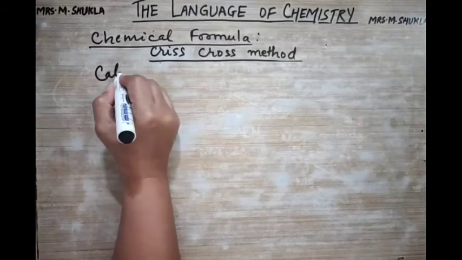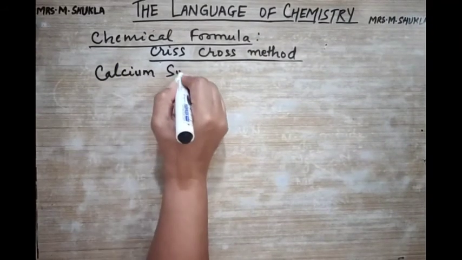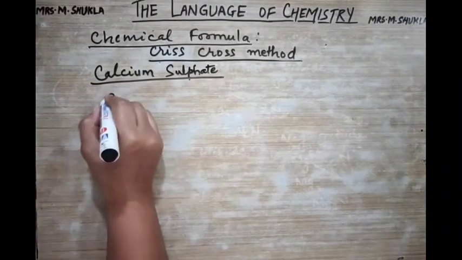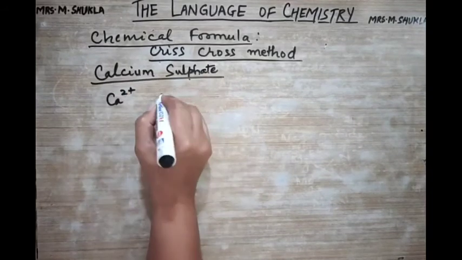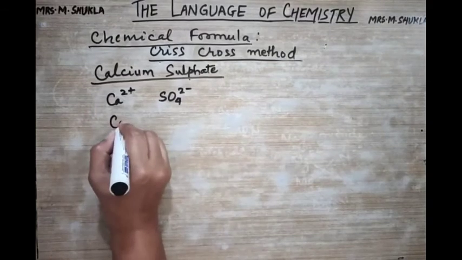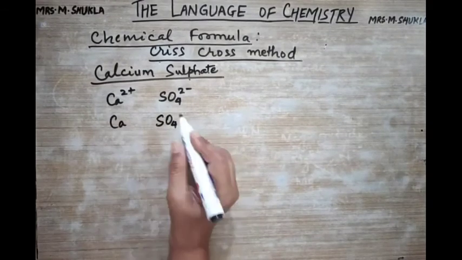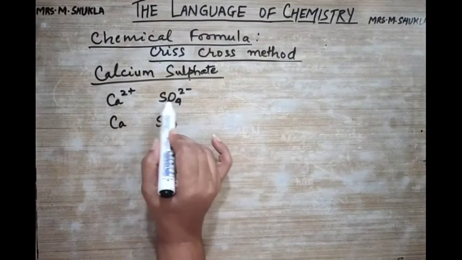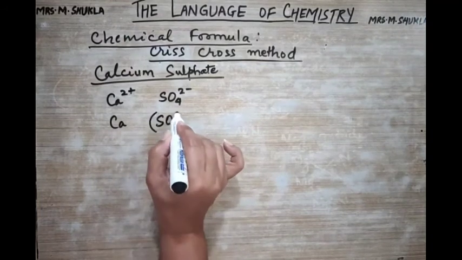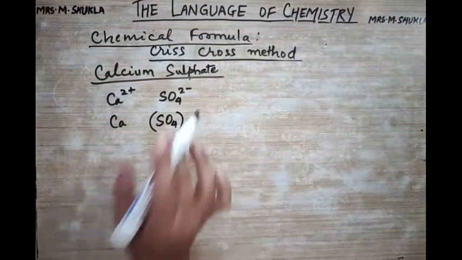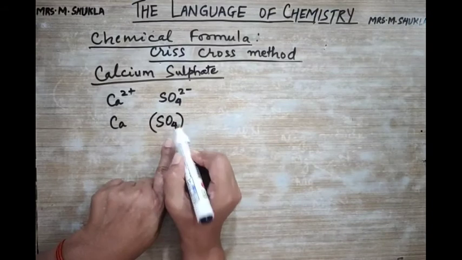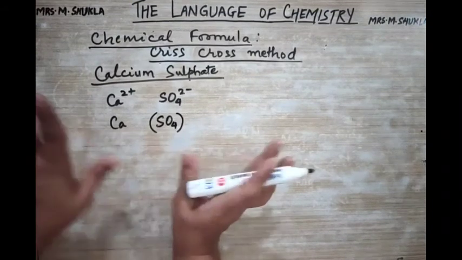Now calcium sulfate, where now I'm going to use certain radicals. Okay, calcium Ca 2 plus, sulfate SO4 2 minus. Right? What do we do next? CaSO4. Now whenever you get a radical which has 2 or more elements present in it, always place it in a bracket. And now once you place it inside a bracket, you are not supposed to cancel out this number at any cost. This will not be touched now.